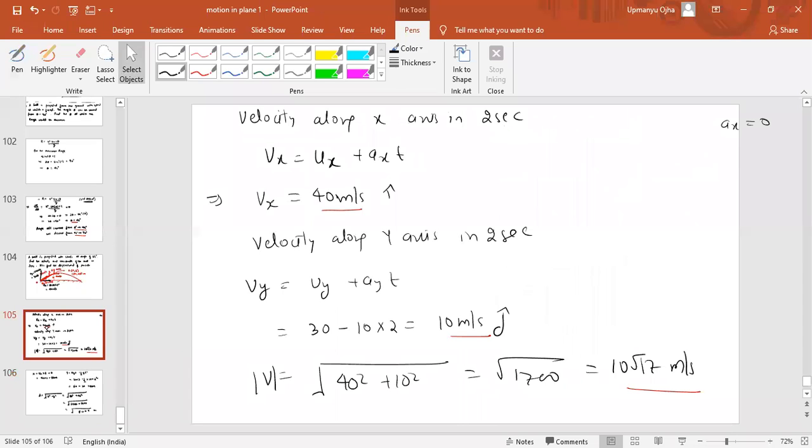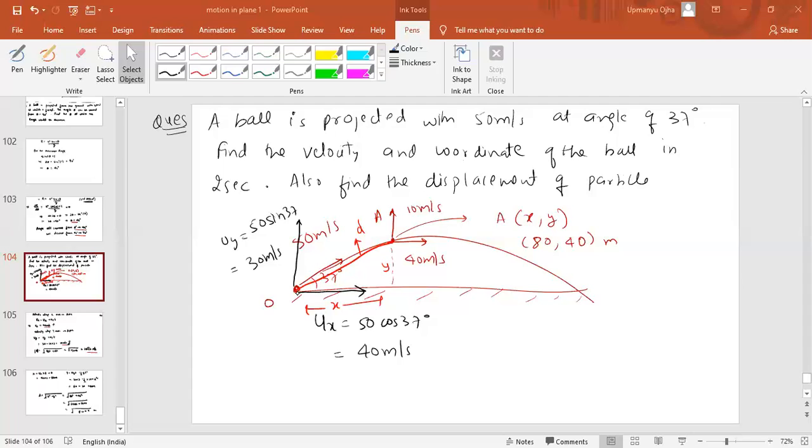Okay. So with this problem, coordinate means the position of the particle. That is why I have drawn the figure there. Just look at the figure and analyze it. We have thrown the object from point O. After some time, it must have reached point A. At point A, it has two velocities, one along the x-axis, other along the y-axis. And the coordinate of that point is x comma y. Coordinate means the position of the particle at that point. We can say this is the position of the particle.